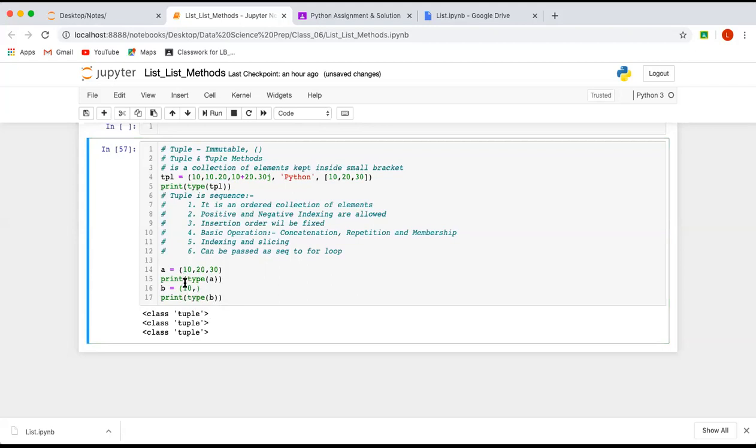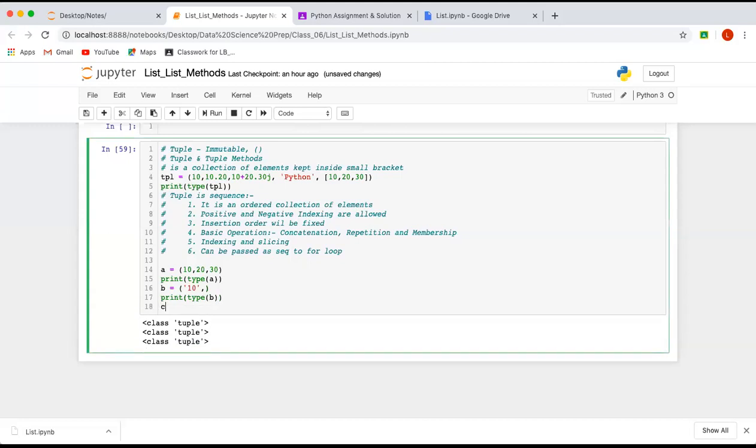If you keep only one single element without a comma inside the small brackets, a string data, then it will become string type. So for example, if I keep this inverted comma string without the comma, then it will become string type. But if you keep a comma after this, it will become tuple type. Okay, so remember this, if you have only a single element and you want to make a tuple, then you have to keep a comma after that.